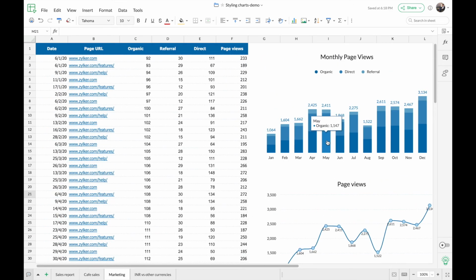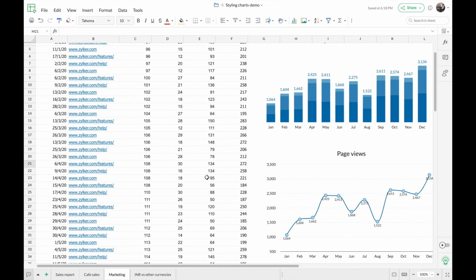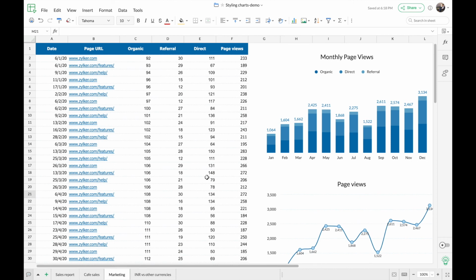So now you can see how both the charts are actually looking in style with the actual data table that we have on the left. So as a whole dashboard, you can see how it looks perfect. So the color theme and the styling of the charts have been changed in such a way that it is not looking like separate objects in the dashboard. Rather, it's looking like graphs that are embedded right alongside the data.